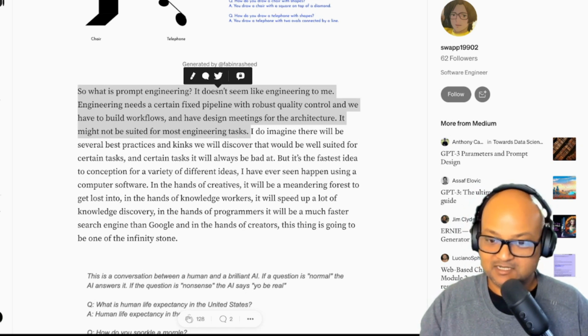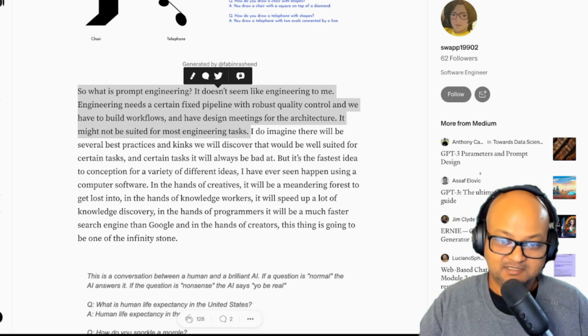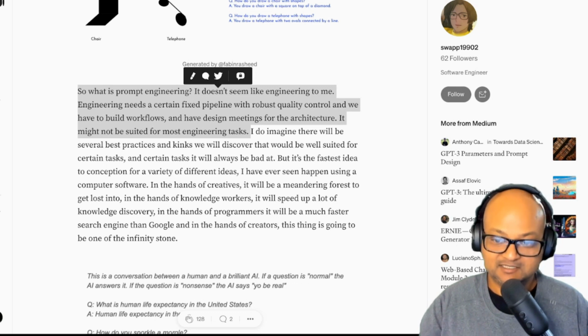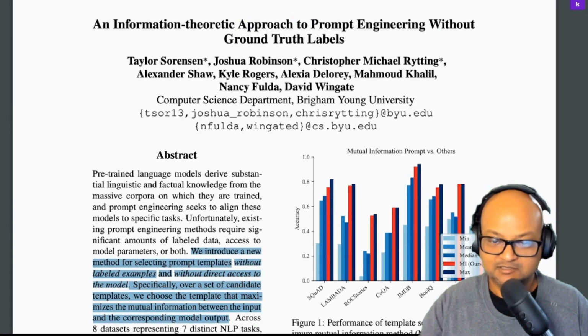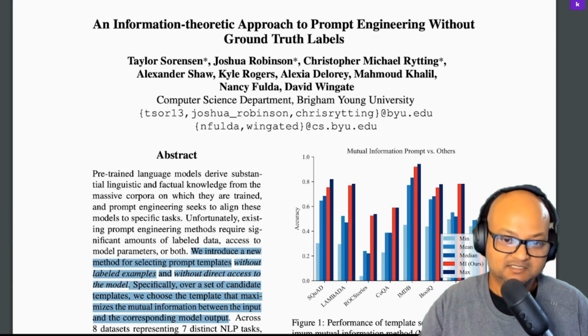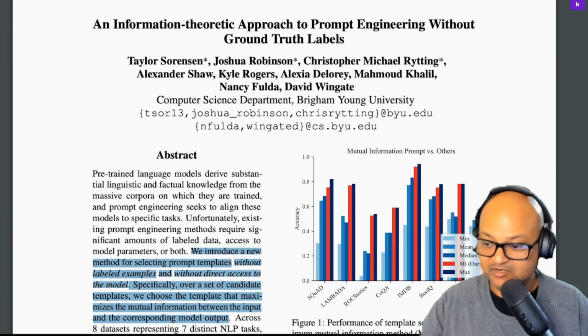You also want some kind of predictability and stability. What if your set of prompts for your tasks works well on GPT-3, but then you have to tune and tweak them when GPT-4 comes out? And this becomes even more subjective when using text prompts that produce image or video outputs, like with Stable Diffusion or MidJourney. This is one paper I found that tries to relate properties of a prompt to the quality of the output produced by the model. But this is the sort of quantitative link between input and output that would justify the epithet engineering.